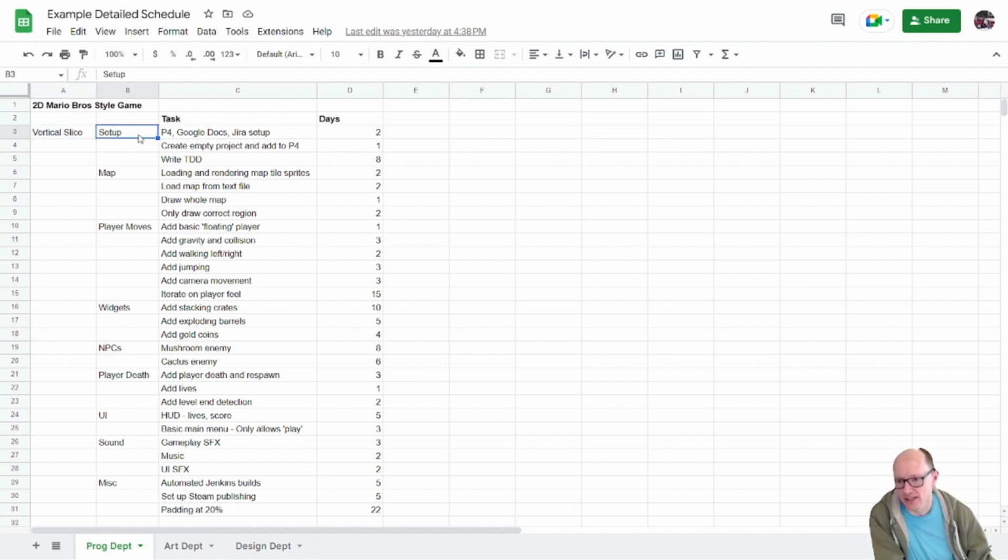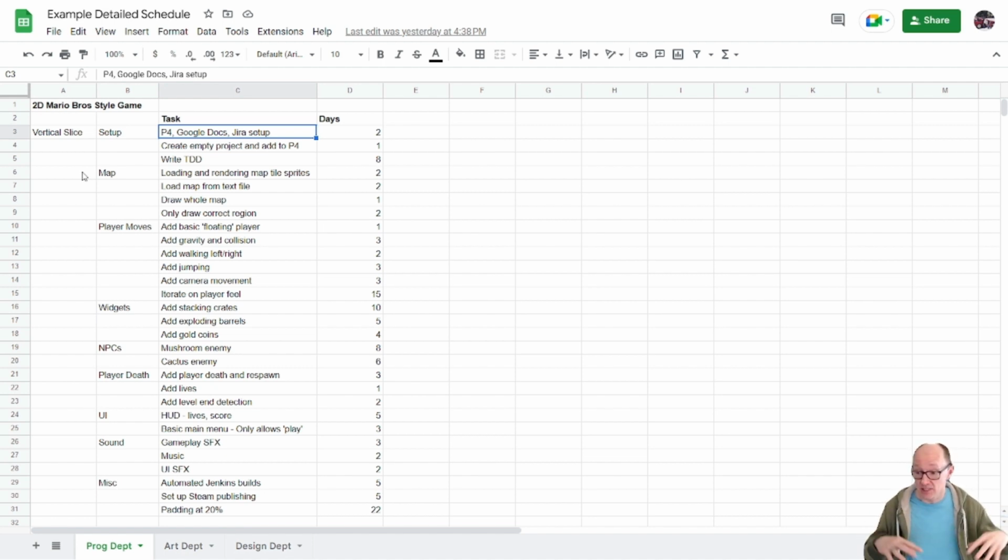So what have we got? I've got some setup. P4 is short for Perforce. That's the version control system, similar to Git, if you've heard of Git, where we store all of the game data. It allows people to collaborate. One person can make a project and put it in Perforce, and then another person can get that, make a modification, add a player, and submit it back to Perforce, and then people can get that, and there's now a player in it, and then somebody else can add a UI or an enemy or gold coins.